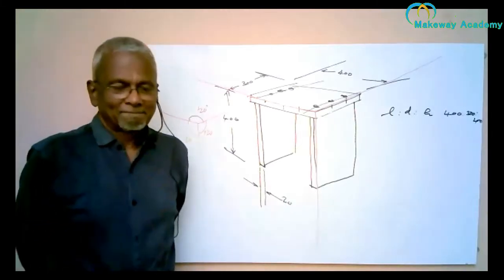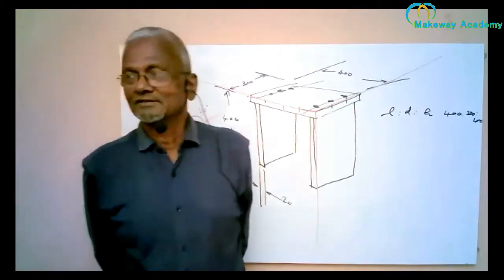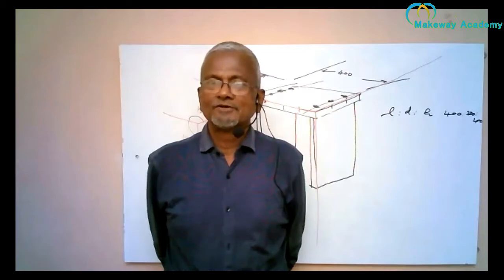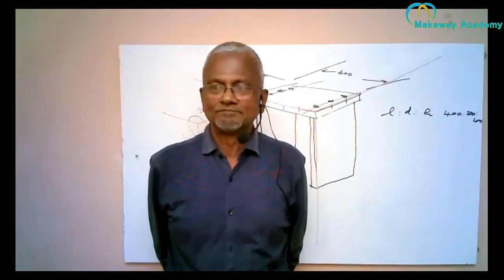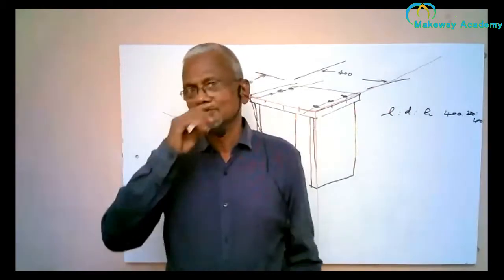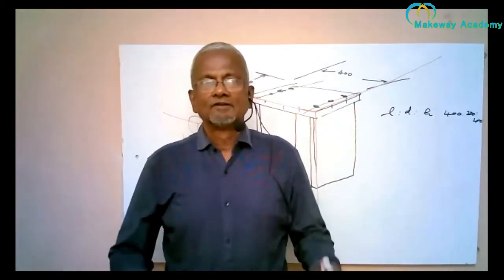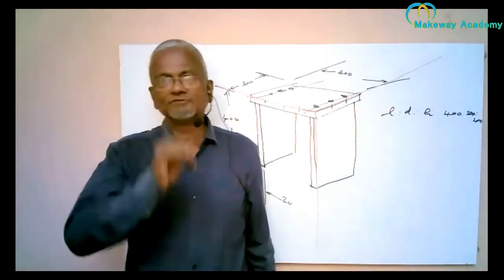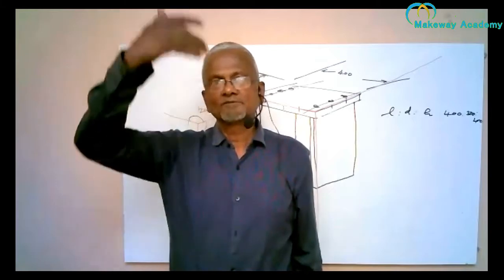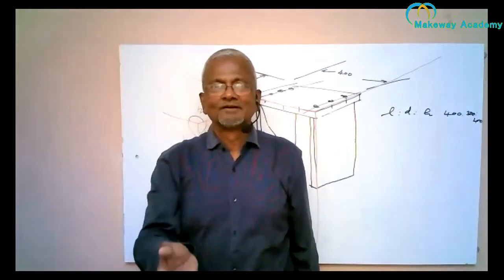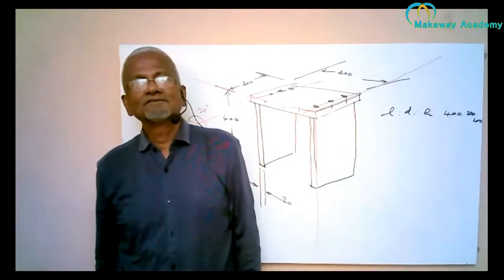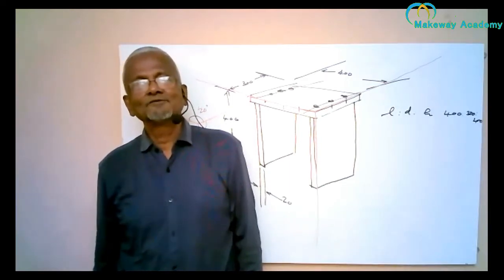Now, the other way, that is what is important in engineering drawing. What is the other way? We use more than one view. Here it is only one view. We view the object from the front, and then we draw the front view. We view the object from the top, and we draw the top view. And then we view the object from the left side or the right side, and then we draw the left side or right side view. So that is called multi-view drawing.